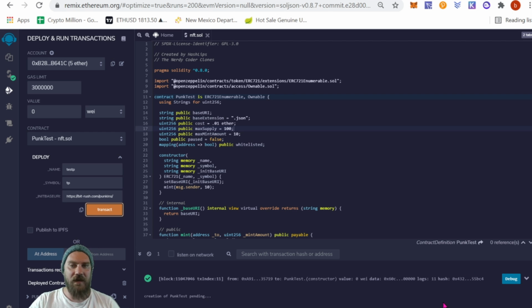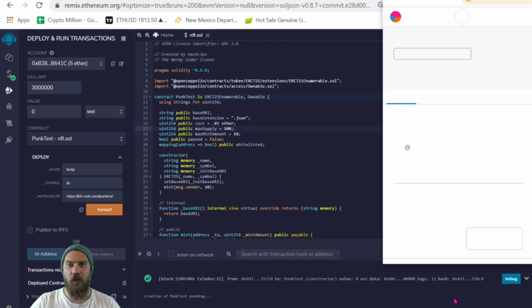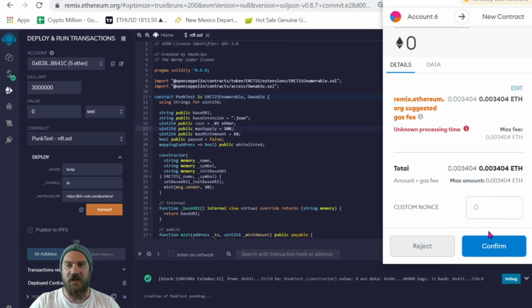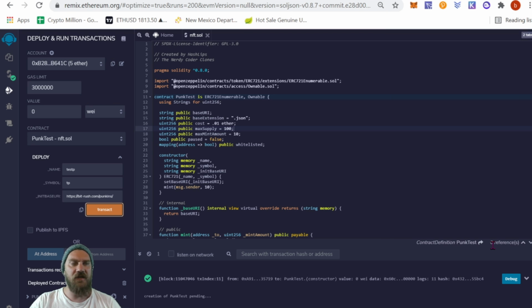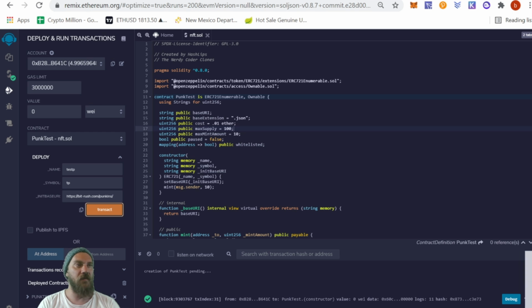It's going right now. We're going to wait just a few minutes here because it does take a second on the network. Obviously we're going to have to sign the transaction, pay the gas fee, and then it's just going to be a few minutes to have the miners pick up that transaction and write it to the blockchain. So we'll update you guys in just a sec. There we go. Looks like that transaction has been confirmed.